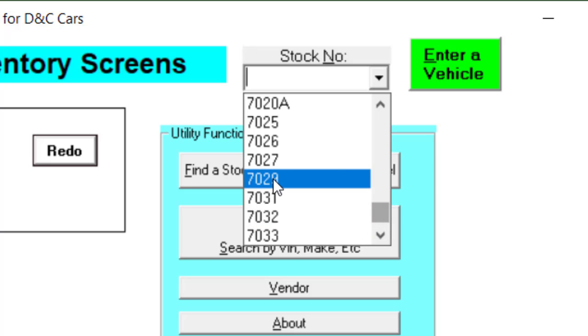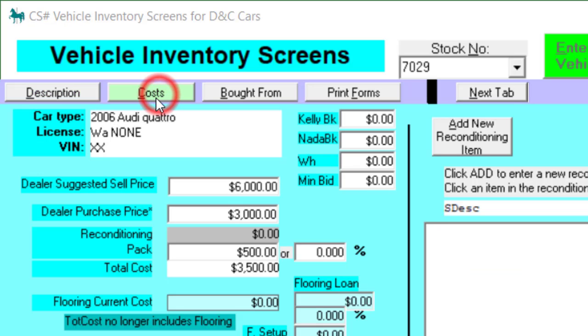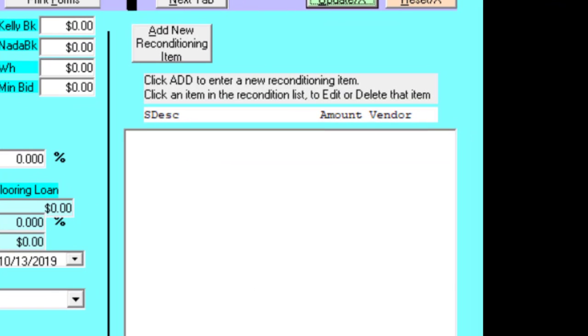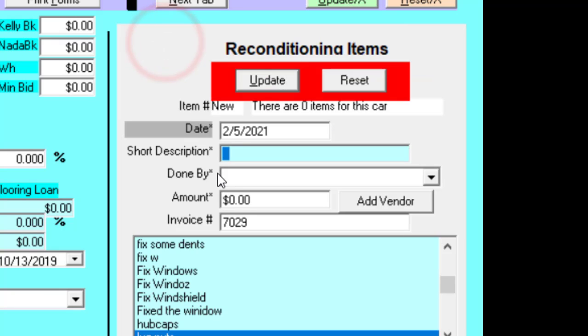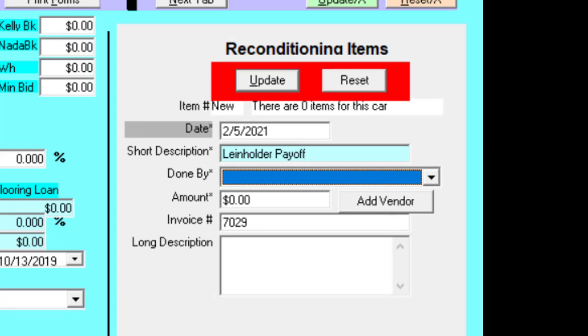Let's just pick 7029. We need to go to the cost of the car, and the whole point of this is to add a payoff to the car that we bought. Some guy who knocked on our door and opened his raincoat and said, "Here's a hot car." So I'm going to add a reconditioning item. Short description will be LIEN, lien holder payoff done by the Big Bank for